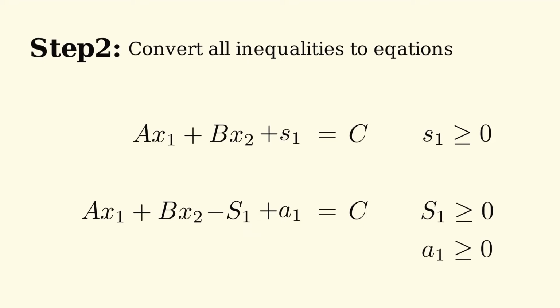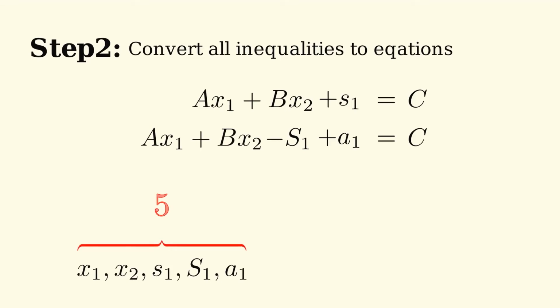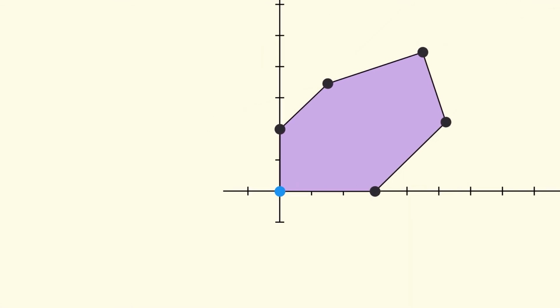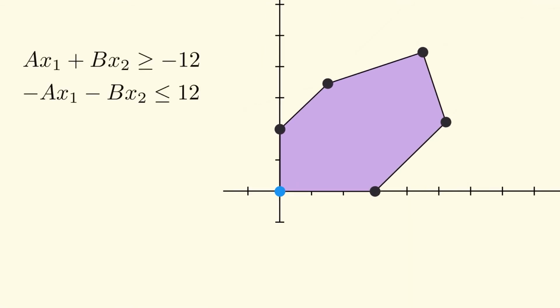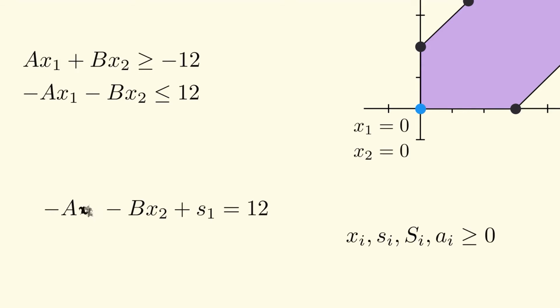Note that the conversion of inequalities to equations does not reduce the number of solutions, because the introduction of new variables means that the number of equations will always be less than the total number of variables, and thus we still have an infinite number of solutions. For the sake of standardization of the algorithm, instead of starting at a random point, we start at the origin. And this is where we understand the significance of making all the right-hand sides non-negative. Since we start at the origin, all xi's will be equal to 0, and since all variables are greater than or equal to 0, this step ensures consistency at the start of the algorithm.